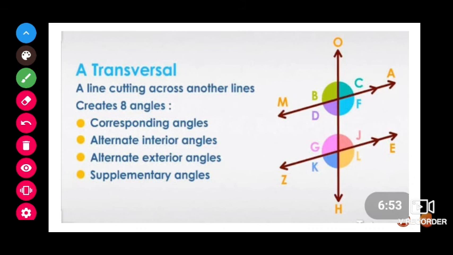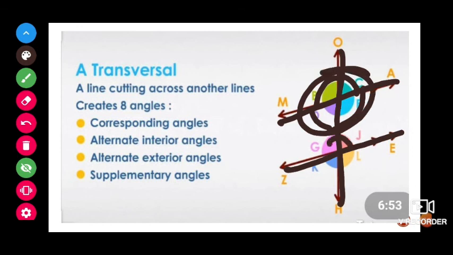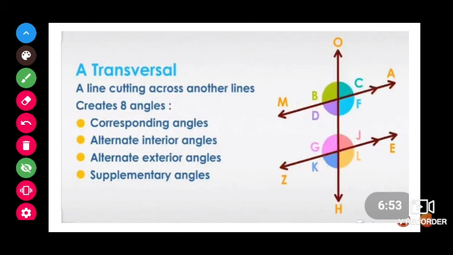Transversal means one straight line which will intersect, which will pass through two other lines, is called a transversal. Whenever it passes, it will form 8 angles, children. Here, if we see, this is the transversal and it is passing through 2 lines. Where are the 8 angles? From here: B is 1 angle, C 1 angle, E 1 angle, D 1 angle. Totally 4 angles here. In the same way here, 1 angle, 1 angle, 1 angle. Totally 4 angles. Altogether we get 8 angles.